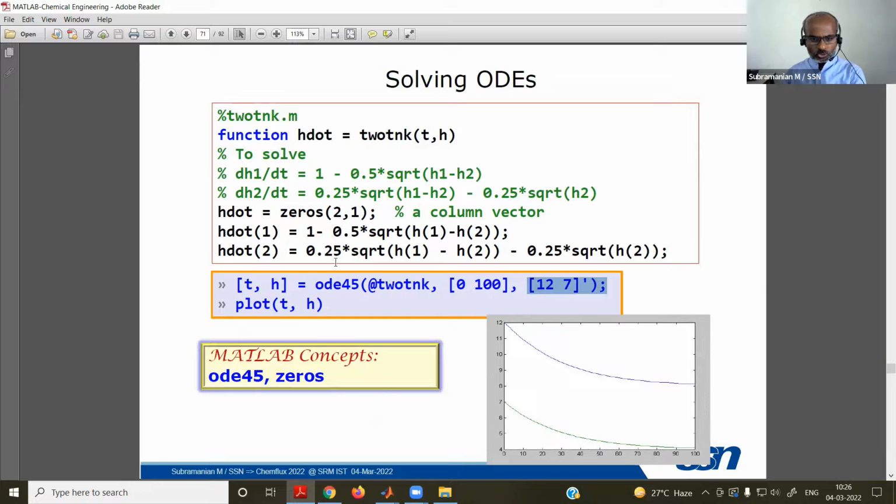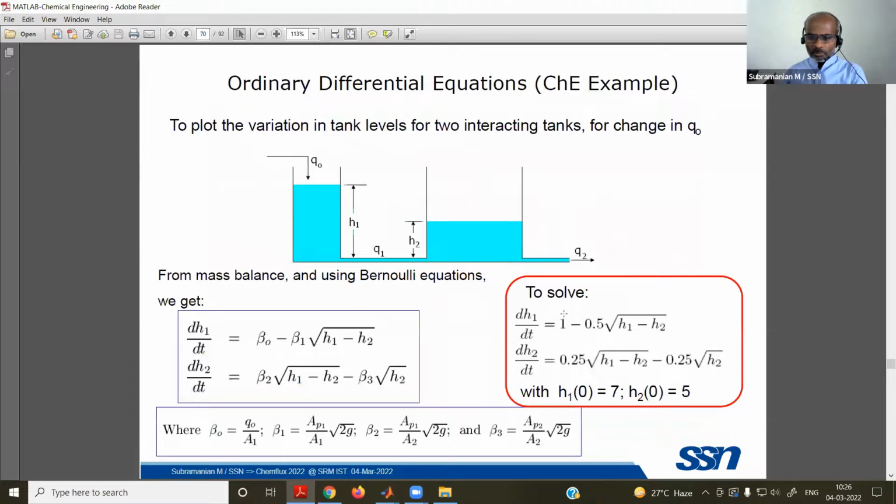And h dot, dh1 by dt, is 1 minus this thing, h of 1, h of 2. So these are all available here, no? And h of 2, dh2 by dt, is this way. This is available here. So these are all the lines representing this mathematics.